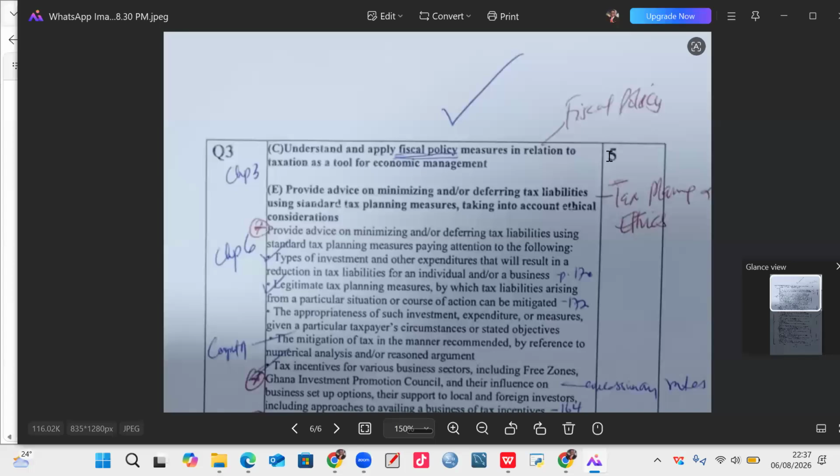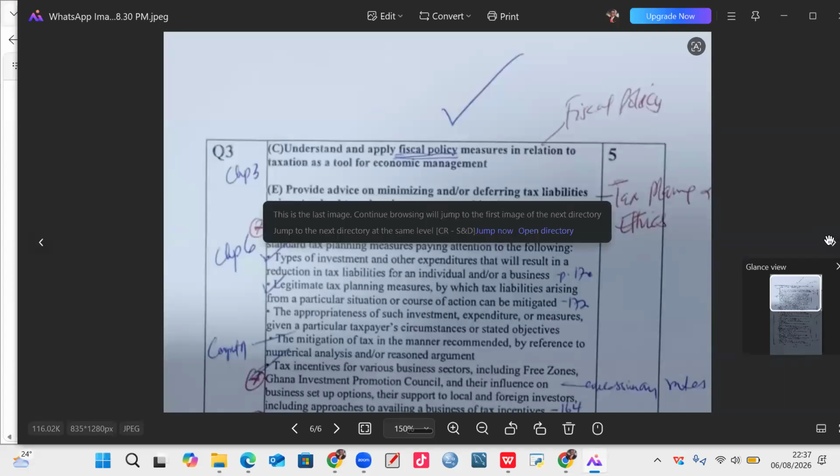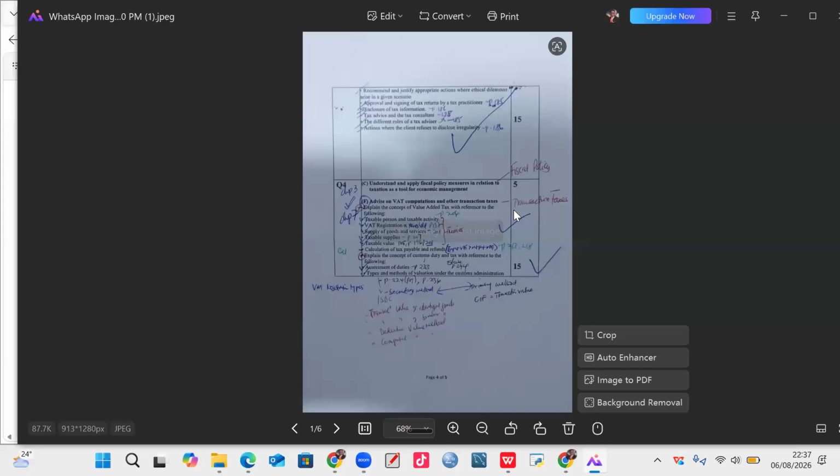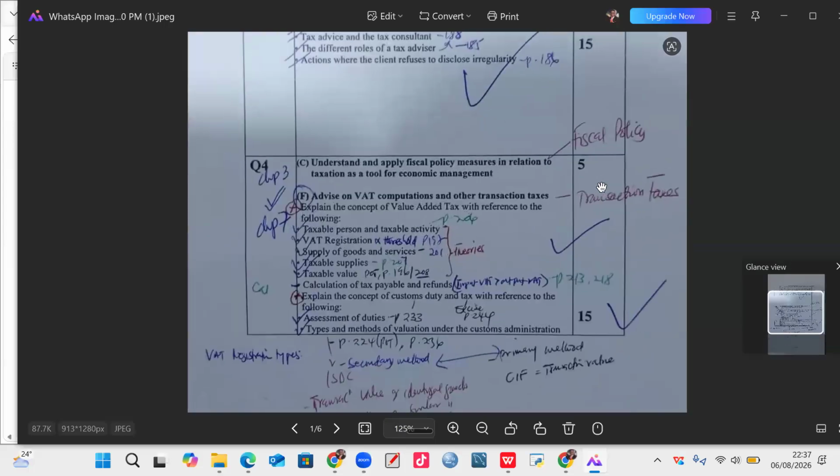So one is at 3A and the other one is at 4A. Yeah, here it is, 4A, also 5 marks. So 10. When they ask fiscal policy, you know that in question 3, whether A or B, one should be 5 marks of fiscal policy. Question 4, whether A or B, one should be 5 marks of fiscal policy. You should know that already.